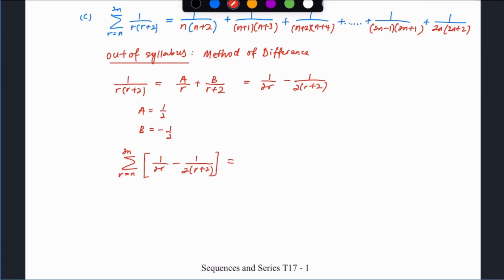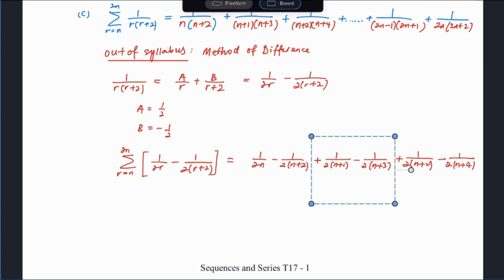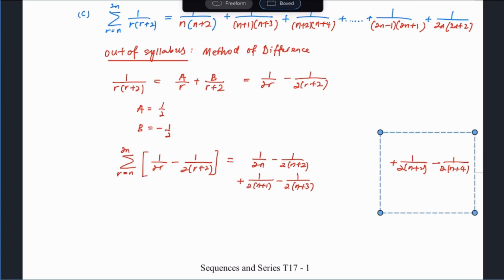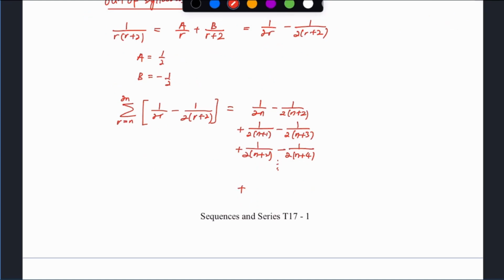They give you a slight advantage. So we will slot in n. I have 1 over 2n minus 1 over 2 times n plus 2. Then plus the next term, n plus 1: 1 over 2 times n plus 1 minus 1 over 2 times n plus 3. Then plus 1 over 2 times n plus 2 minus 1 over 2 times n plus 4, and so on. I think it will be nice if I arrange this like that. For the method of difference, usually we arrange it like that, and we can go all the way until we have 1 over